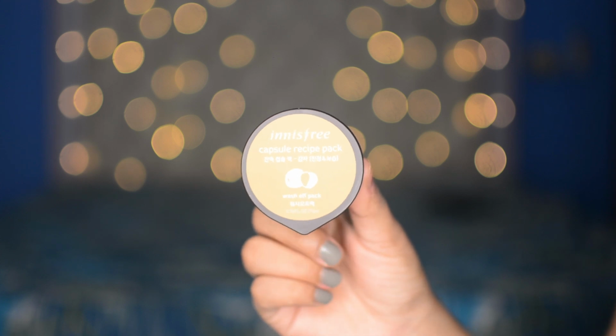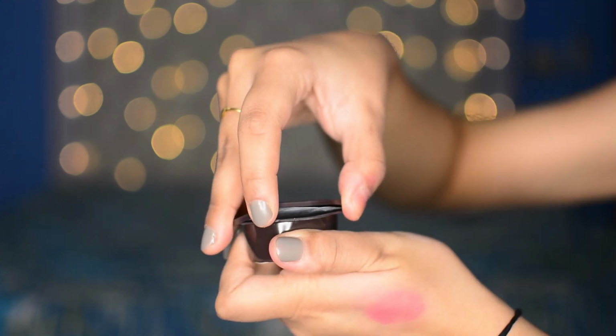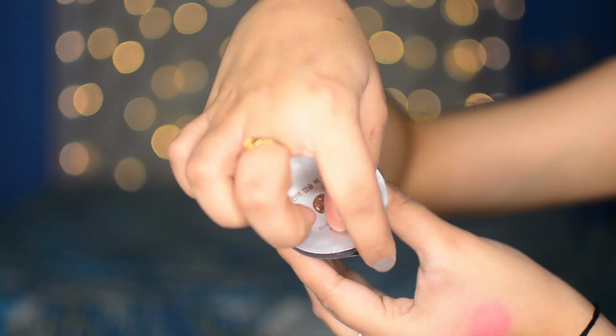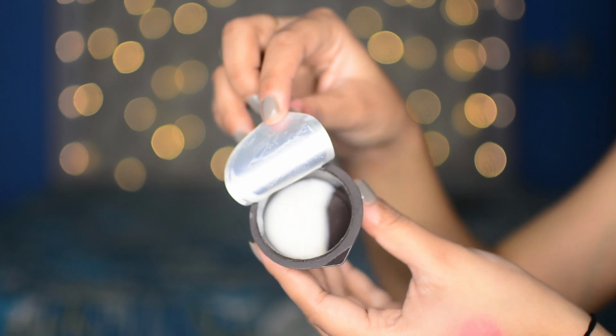So this is the product that we are going to be trying out today. Can you see the container is so tiny and so cute? So it comes in this round container and it contains 10 ml of product and it retails for 150 rupees. I know it's a hell lot of expensive for the amount of product that you're getting, but trust me, it sounds like 10 ml will just finish in one go,